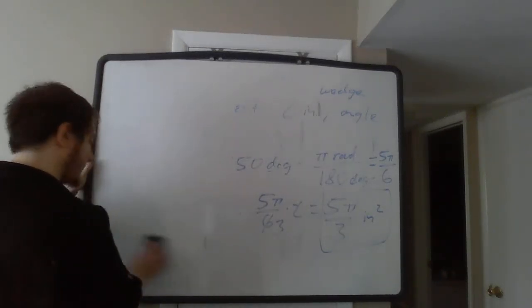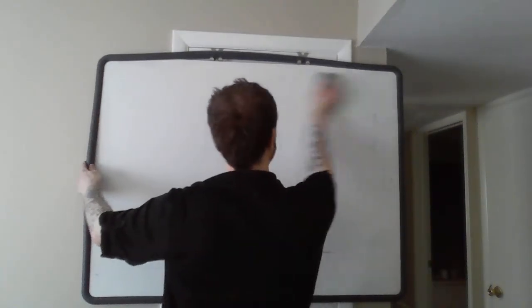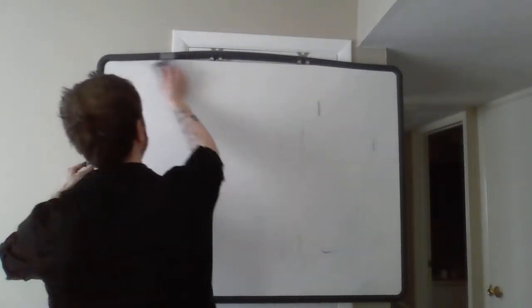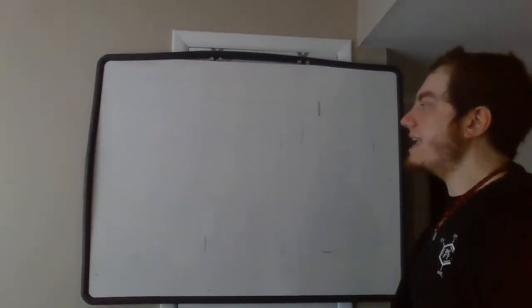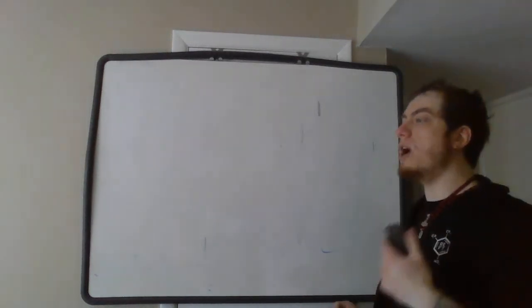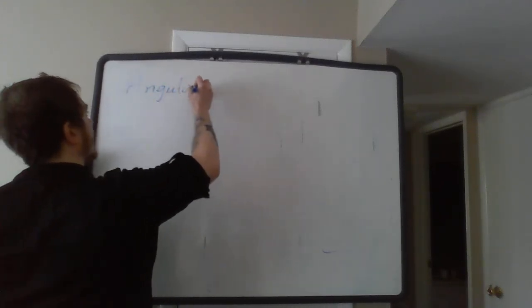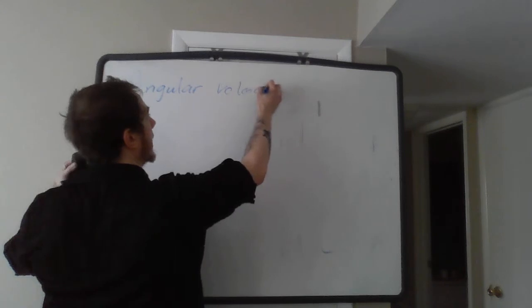All right, now, one more thing that we can do that is very convenient with radians is we can talk about things like angular velocities very easily. So let's talk about, first of all, what is an angular velocity? Well,